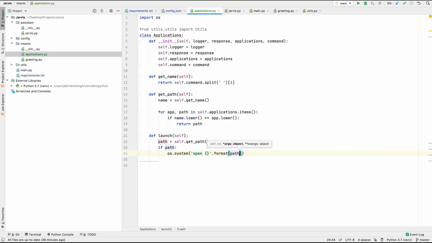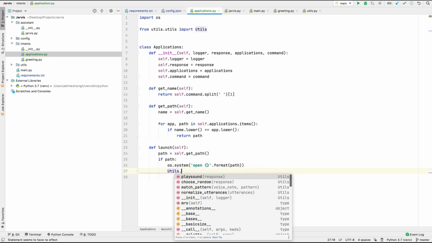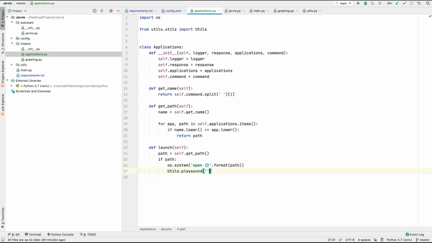So here I'm giving the path of the application, and it will say utils dot play sound, and here we will have self dot response. And else, if we don't have the path, it means the application we are going to open is not listed in the config file, then it will say the command utils dot play sound.